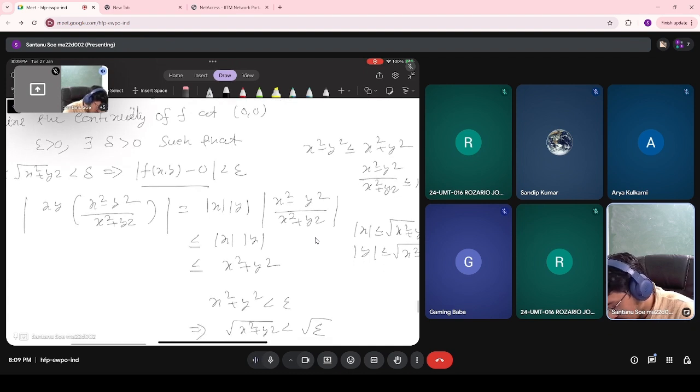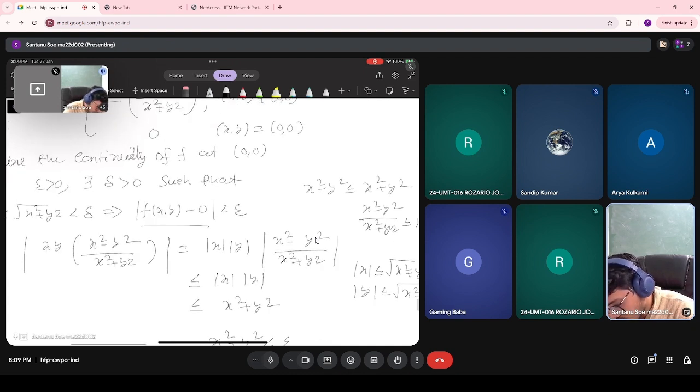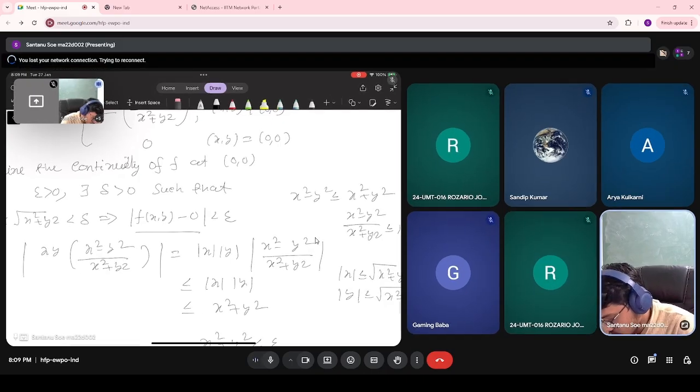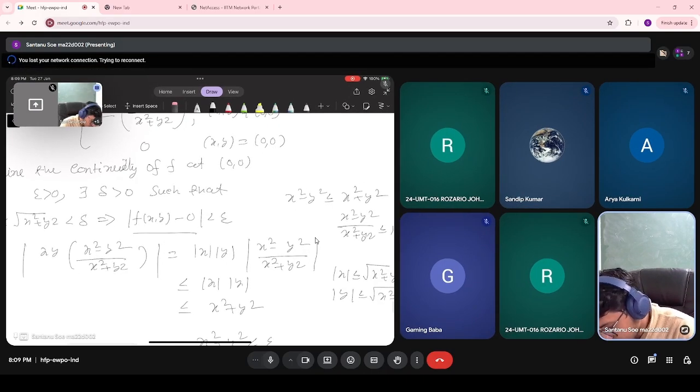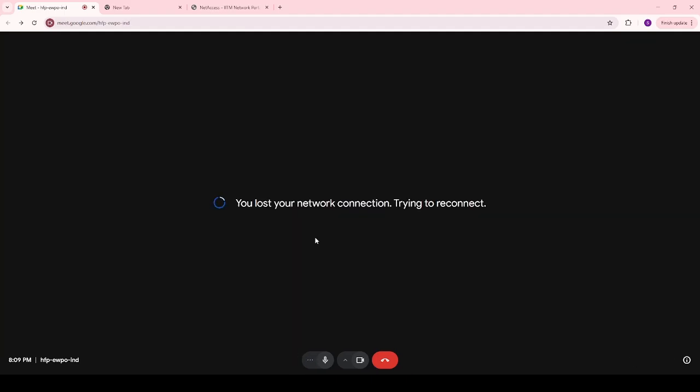So basically we have to show that this holds: modulus of f of x comma y minus 0 less than epsilon. Then we can find out the values of delta. So here f of x comma y is nothing but xy multiplied by x square minus y square divided by x square plus y square. I have just replaced the value here. So this is nothing but mod x into mod y into modulus of